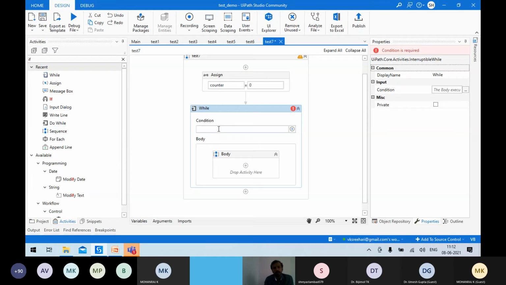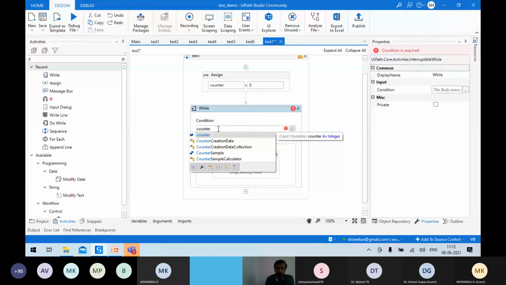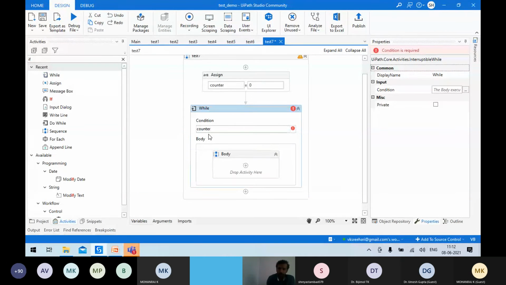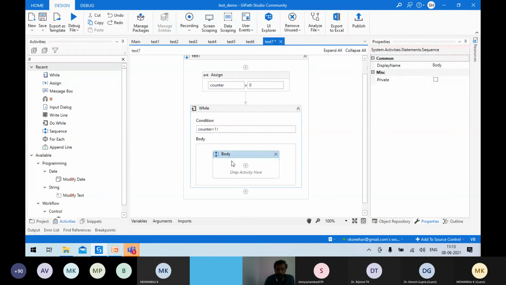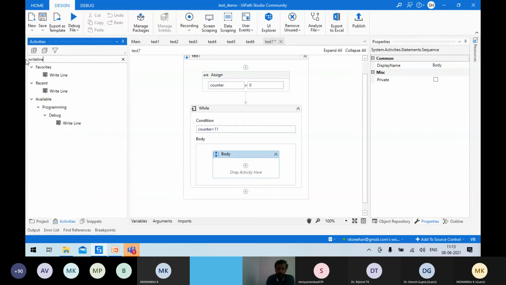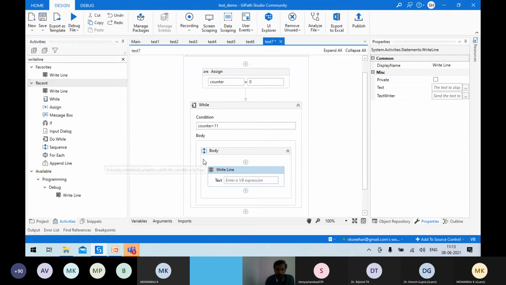What I am trying to do is print the numbers from 1 to 10. Counter is initialized to 0, and I'll make a condition like counter less than 11. So this is the condition we have kept. In the body, you take a new activity called write line. We'll see what this write line does. You take this write line and drop it over here.